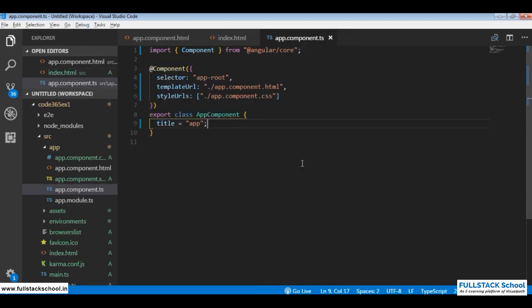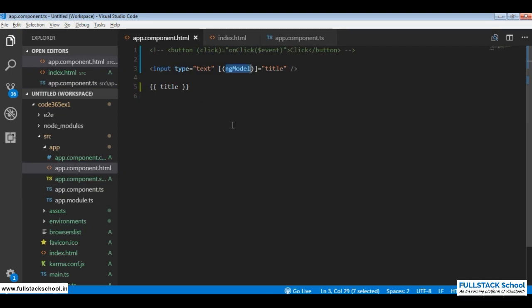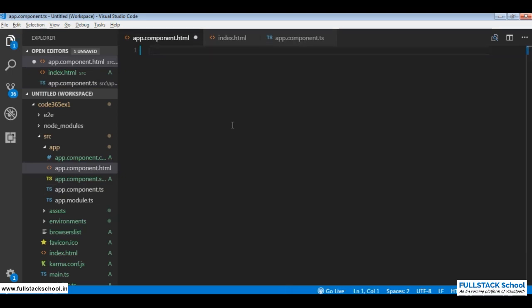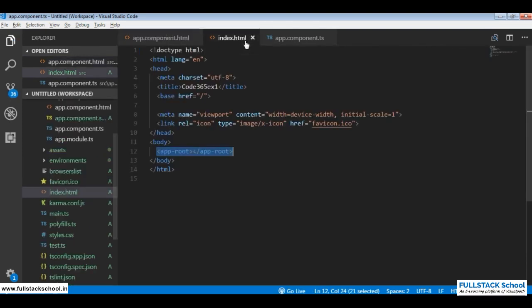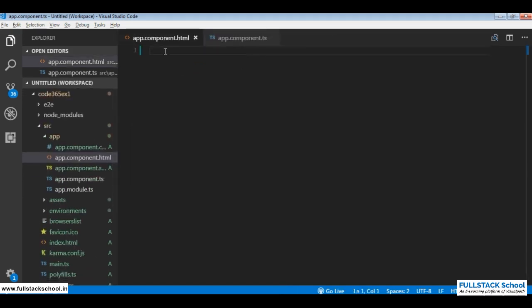And we'll see how a component can be created and how two components can be made in a parent and child relationship. So index.html as usual holds the root component. We don't change anything over there, and in root component we'll place a custom component, and to do that I need